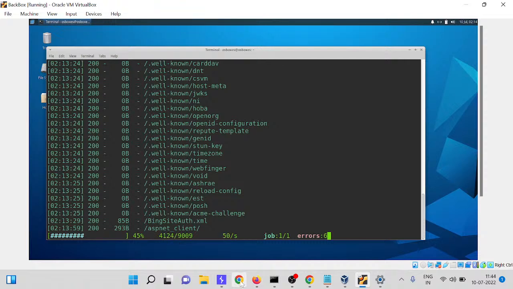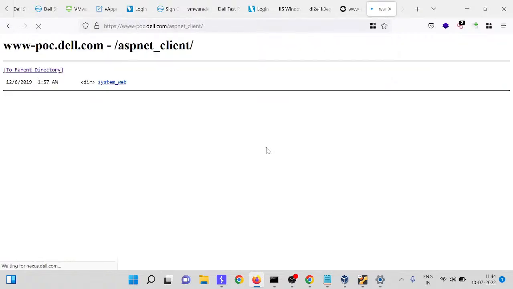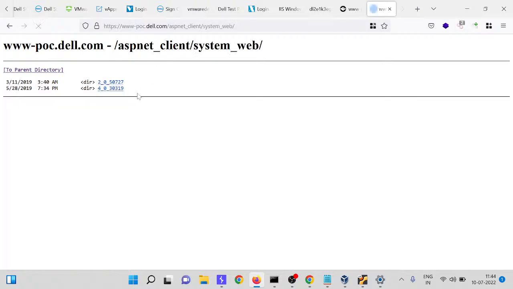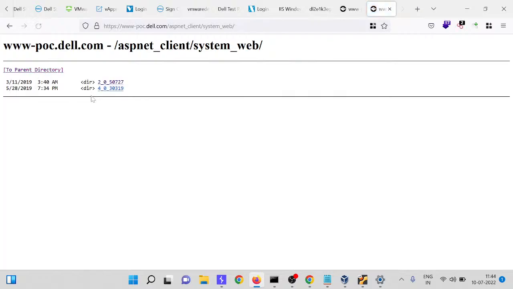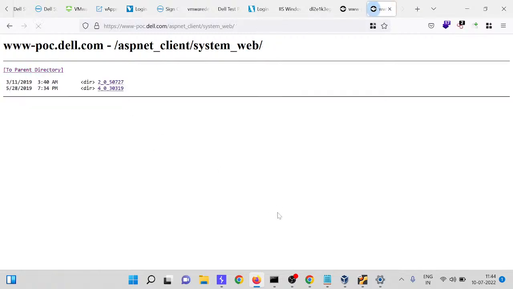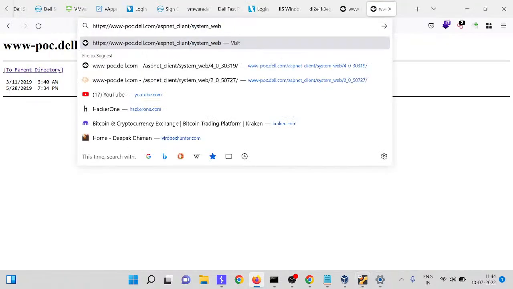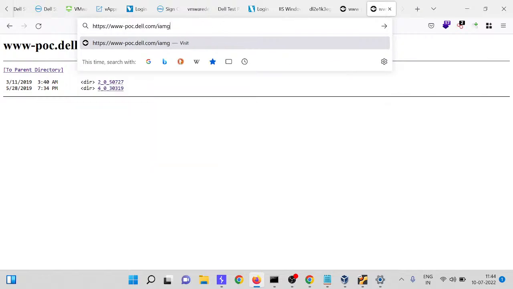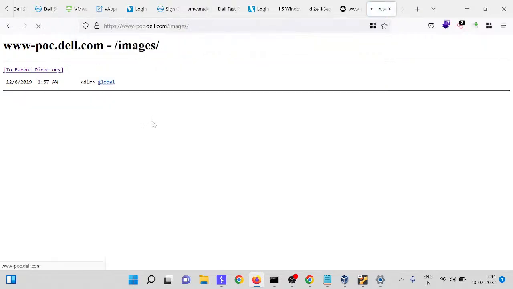ASP.NET client, here also interactive, images, it's all public.